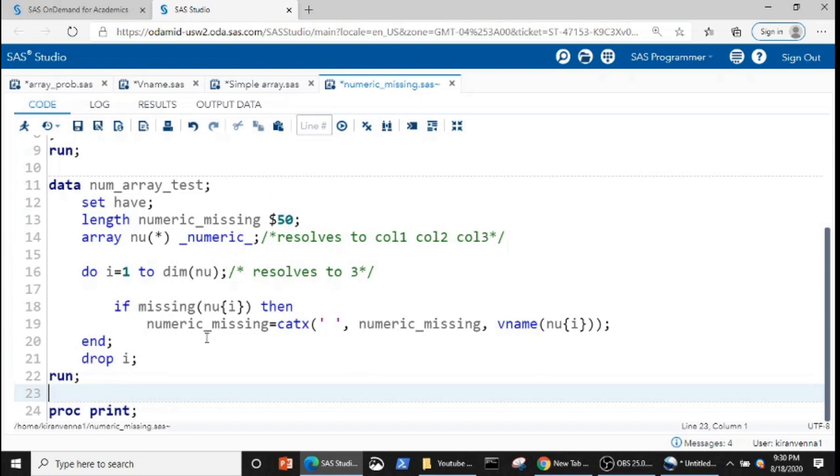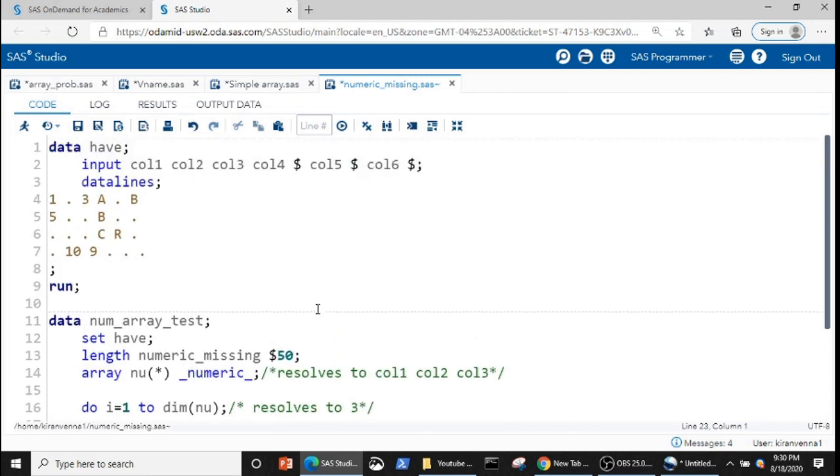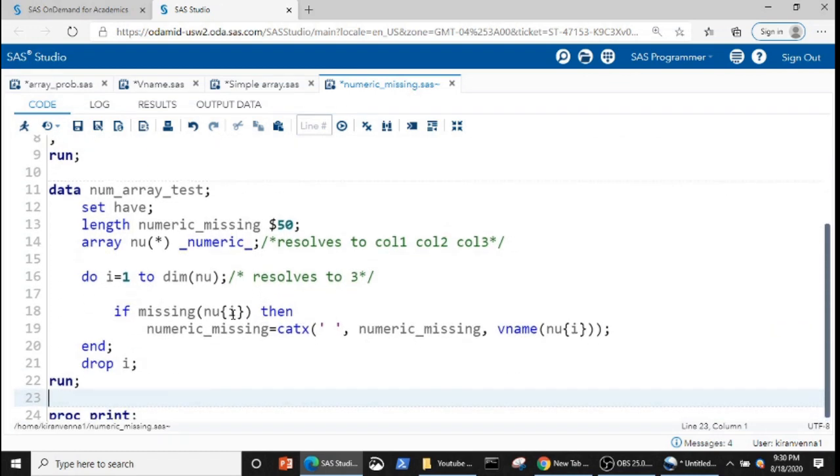I would like to discuss this if statement logic in the context of the first observation and second observation, and then the logic for the remaining observations is pretty similar. Now we have: if missing(nu[i]) then numeric_missing equal to catx, where the delimiter is a space, numeric_missing, vname(nu[i]).